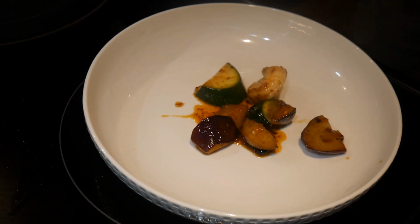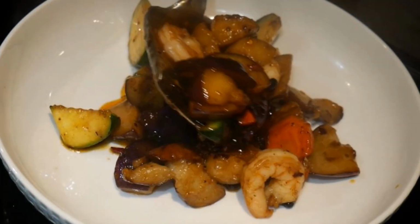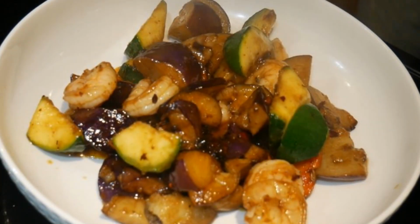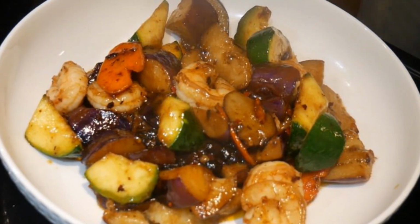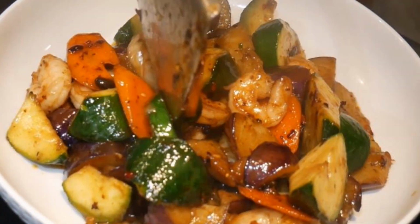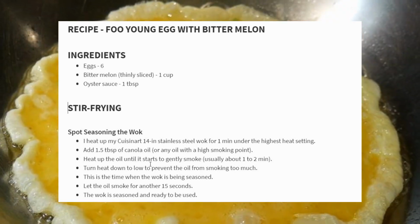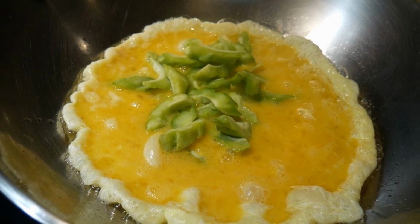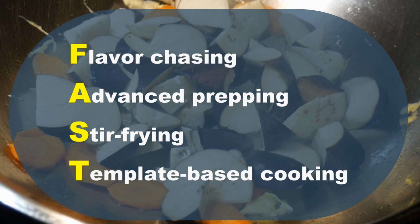Okay, this dish is done, and the total cook time is a little bit over 6 minutes. As you can see, even though this dish seems complicated with multiple ingredients, by having advanced prepping and stir frying, cooking this dish is really simple. After I serve this dish on a plate and I look at my timer, it is right at 17 minutes. For your convenience, I have placed the recipes in the comments section. This video is a good demonstration of my fast cooking system at work, with flavor chasing, advanced prepping, stir frying,